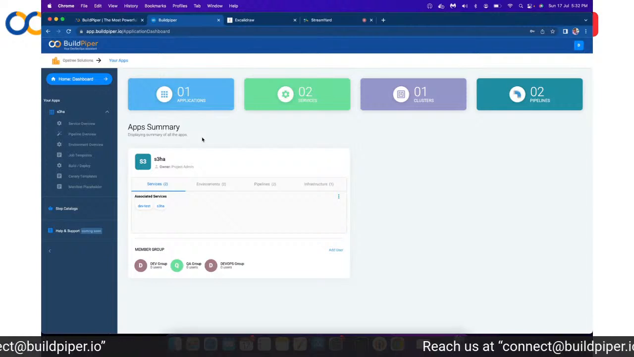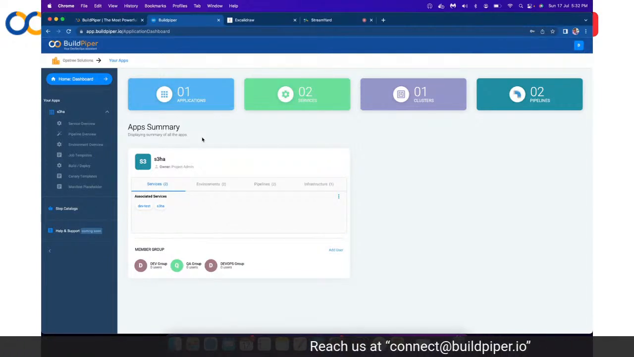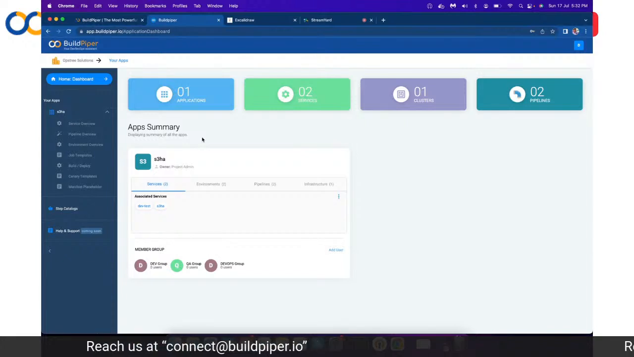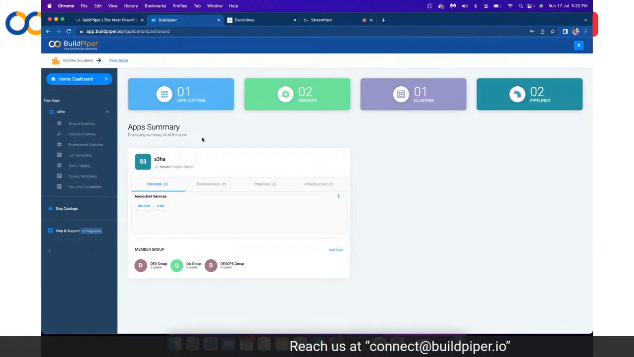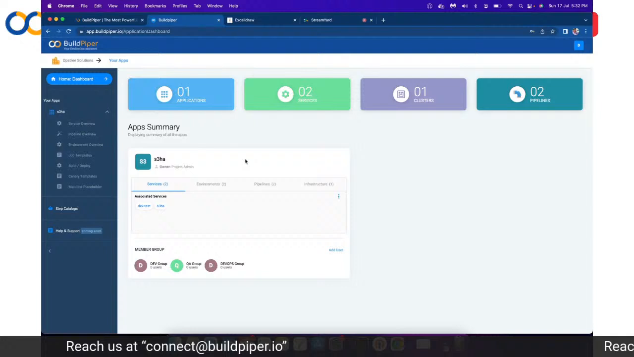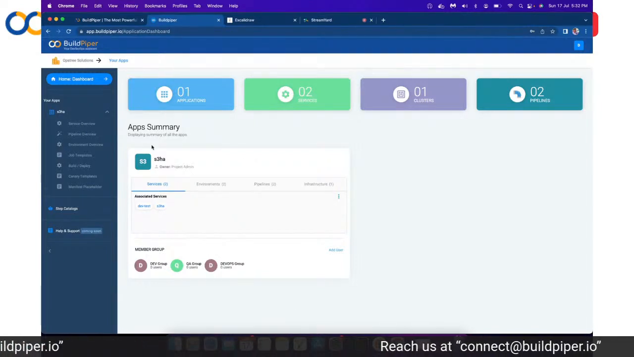That would be your CI/CD portion, right? Where how can I configure the build portion of my microservice, or how can I configure my deploy section for a microservice. In upcoming sessions, we would be covering each and every functionality of BuildPiper as well, right? So over here in the home dashboard right now, what you can see is that